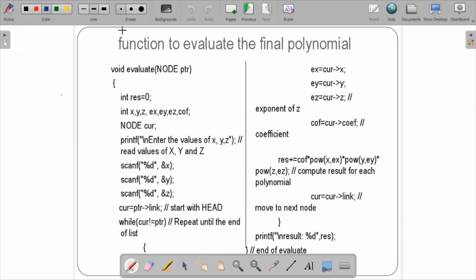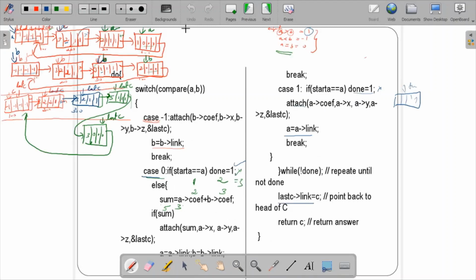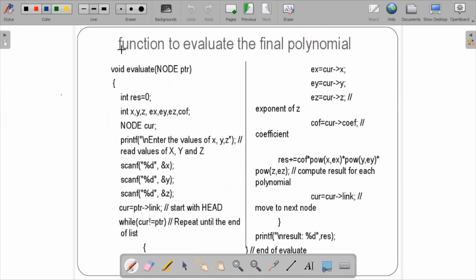Next is the function to evaluate the final polynomial result that we got in the previous session. Here we got this particular polynomial expression, this final result, and we are going to evaluate it in this particular function. So I'll write what the content is. The final polynomial expression had -1 initially as the head, -1 for x, y and z, and then a link.